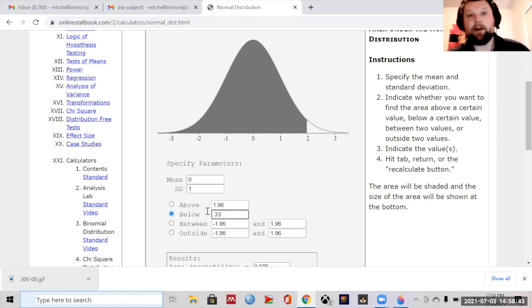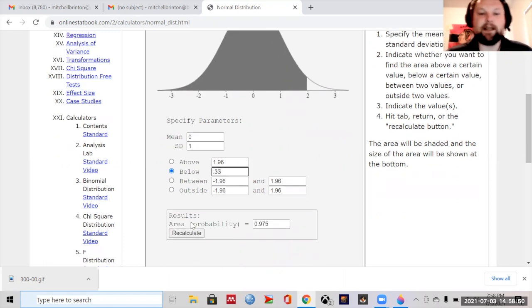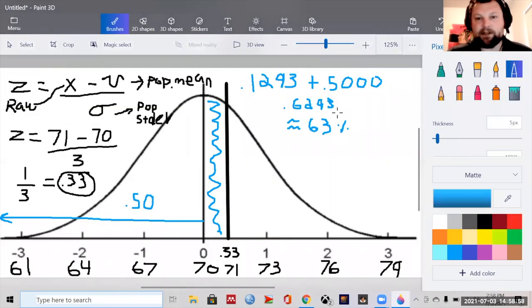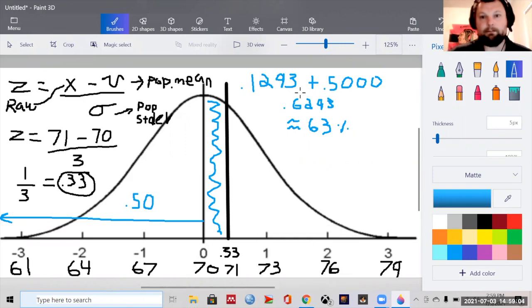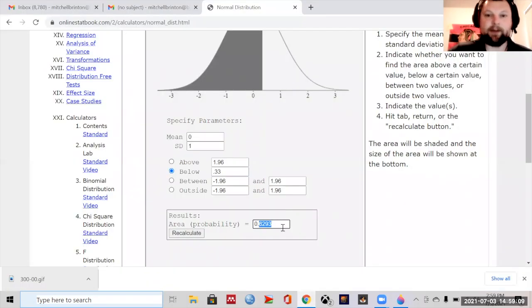Now, this whole calculator here could be a whole lesson on its own, but for brevity's sake, I'll just show you that this indeed is possible. And lo and behold, this 0.6293 looks an awful lot like this 0.6293. So according to both my math done by hand and this handy dandy online calculator, I am taller than 63%